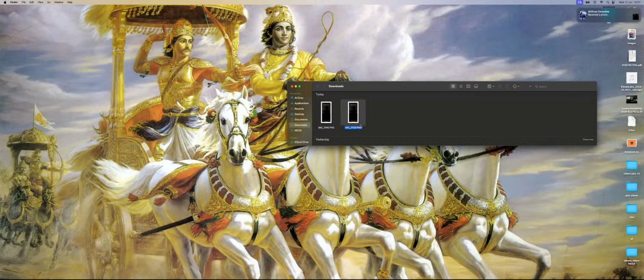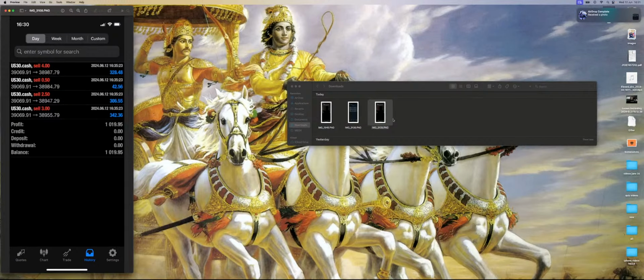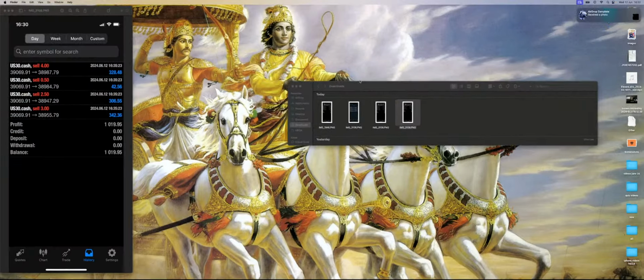The second trade and the third one, I would share that as well. And the fourth one, let me take the screenshot. The fourth one I will explain, because that's a trade in that account that I took before coming online on the CPI. I was just trying to test the spreads and all.